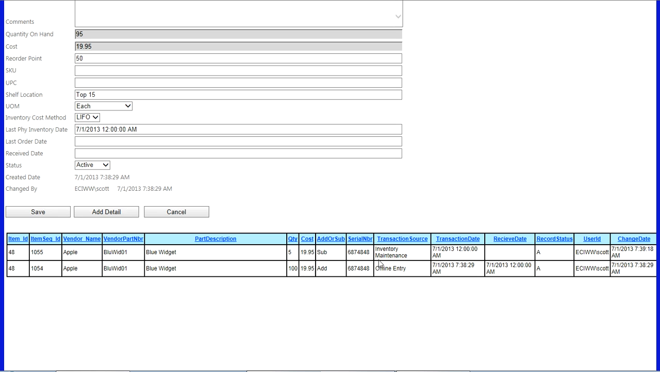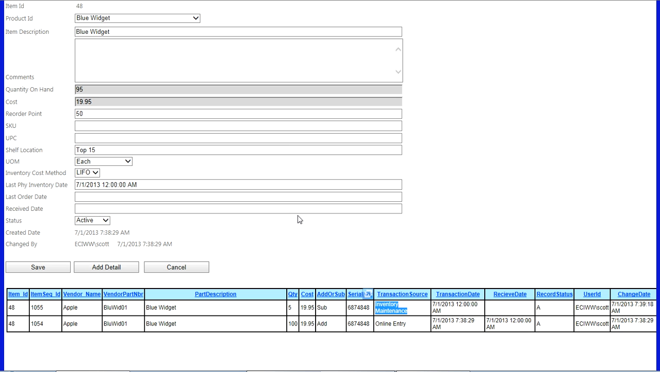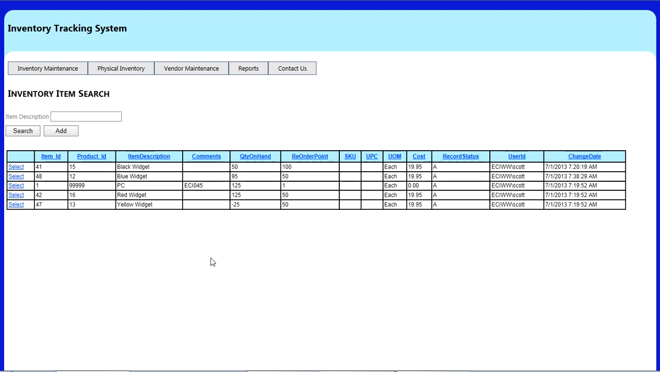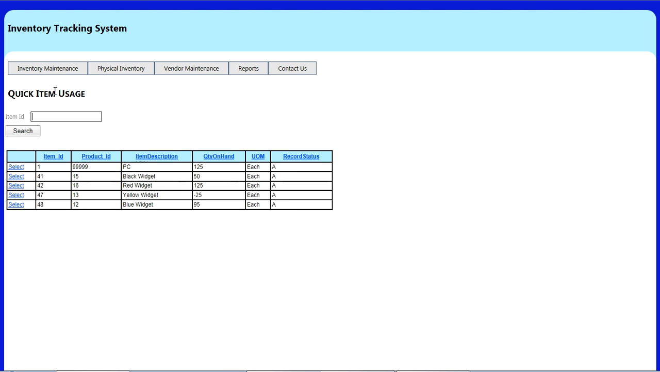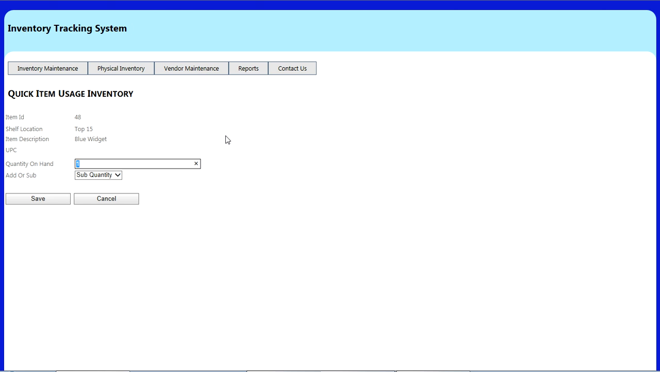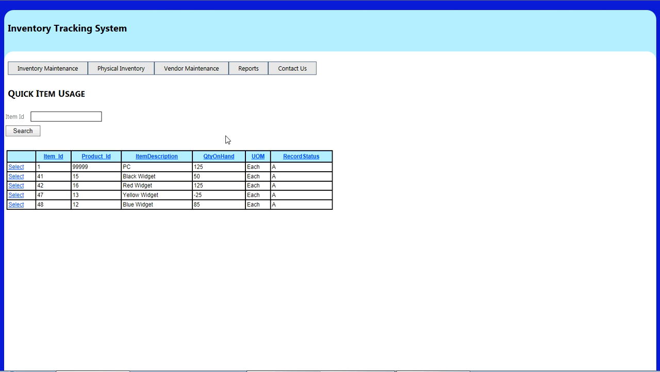The cost is not affected by issuing items out of inventory, so it's still last cost $19.95. This was done in inventory maintenance, along with the date and time of the person who did it. So that's one way. We have a quick item usage right here where you can come in real quickly and, essentially in a couple keystrokes,